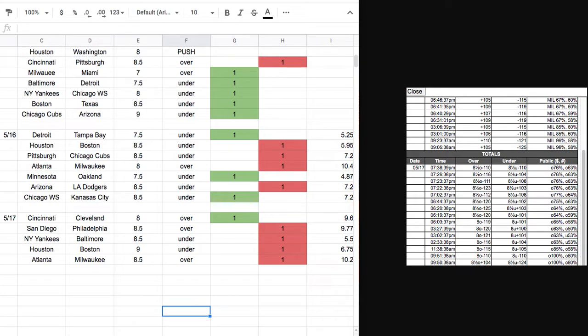Title of this video is Making Adjustments to Our MLB Totals Model. Super educational video. You're going to get to see me do something live, make some adjustments to this model. I think you can get a lot of value out of it, especially if you're learning to build models for